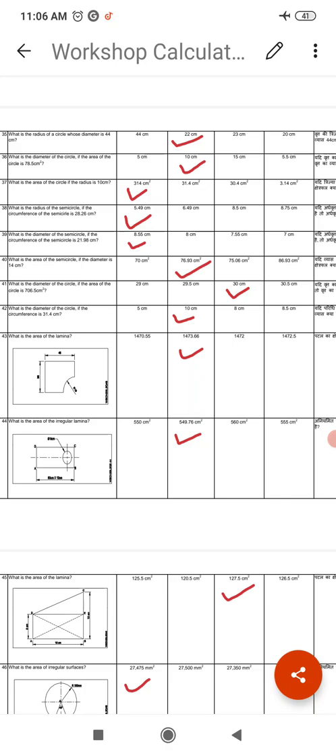C option. What is the diameter of the circle if the circumference is 31.4 cm? Its answer is 10 cm. Option B. Next, what is the area of the lamina? Figure is shown in question. Its answer is 1473.66. Next, what is the area of the irregular lamina? Another figure in question. Its answer is